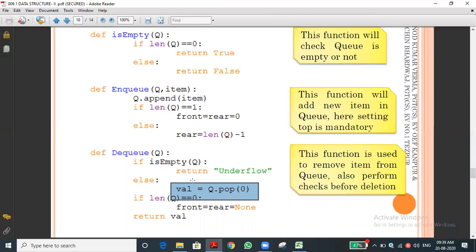That is the concept. Okay, students, just less than 1 minute is there. You just look at this program: the isEmpty function, enqueue function, dequeue function. Kindly go through it. Whenever the next session starts, if this session ends, immediately click the same link and join it. We will discuss the rest of the part of the queue concept. Meanwhile, look at these two functions. This is very important. I'm saying it more than once because it is 100% sure to be one of your practical programs. So just kindly go through it.